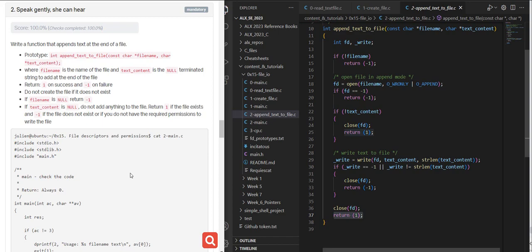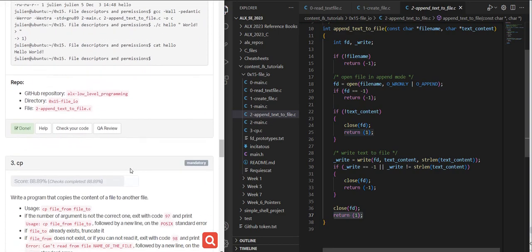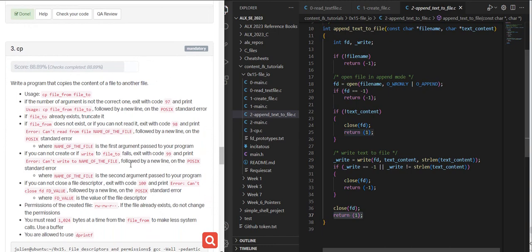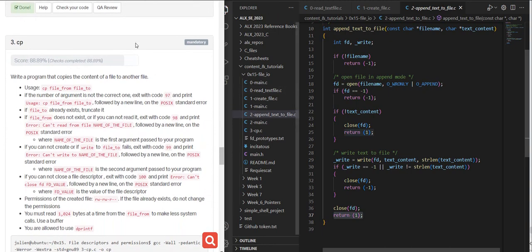So now we can move to the very last task, and it is a bit lengthy. Here we're supposed to write a program that copies the content of a file to another file. So this is slightly lengthy. And here we are using this cp file_from file_to tool. The other thing we should make sure we meet is if the number of arguments is not correct, we should exit with code 97,